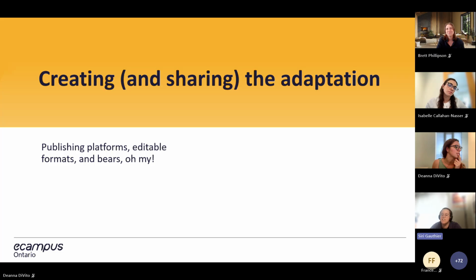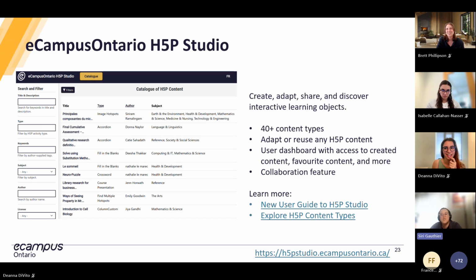Oh my, we don't actually have bears. I enjoy this as a fun little reference. I wish there were bears. So maybe I should add them. Actually, if we ever give this workshop again, I'll hide some bears in our slide deck somewhere, just little ones, and then it'll be that.